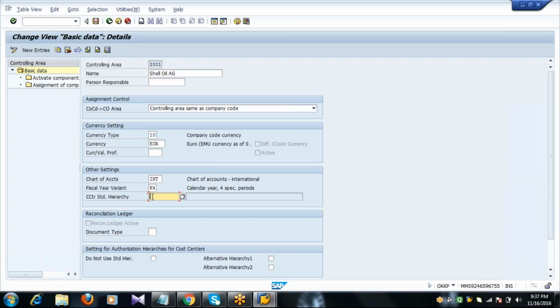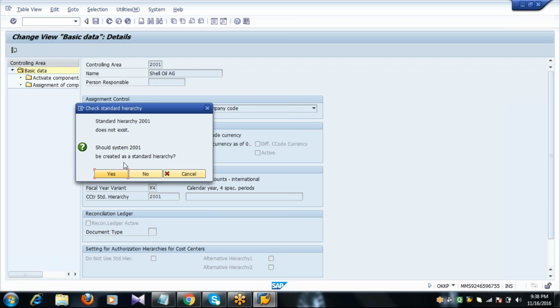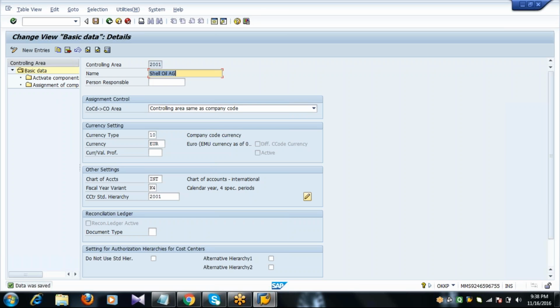And here you have CCTR STD hierarchy, the cost center standard hierarchy. So here I'll maintain the controlling area that we created. Save the document.